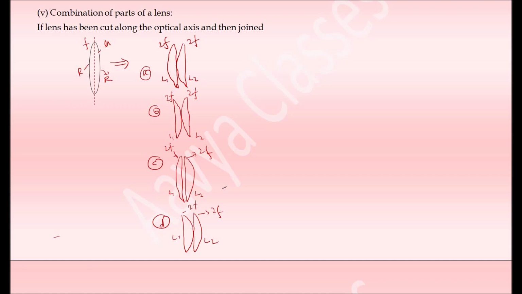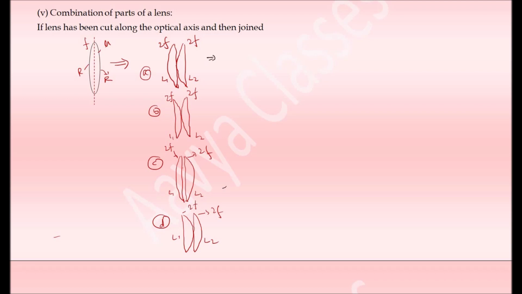So if a lens has been cut along the optical axis and then joined, consider this figure. Here we have one lens having refractive index mu. The focal length of lens is f and the radii of curvature of both surfaces are same and equal to r. So if we cut this lens along the optical axis, we get basically two equal parts. Based on the orientation of those two equal parts, we get these four possible combinations. So this is the first combination, when the convex surface of one lens is attached to the plane surface of second lens. So here if you see this figure,